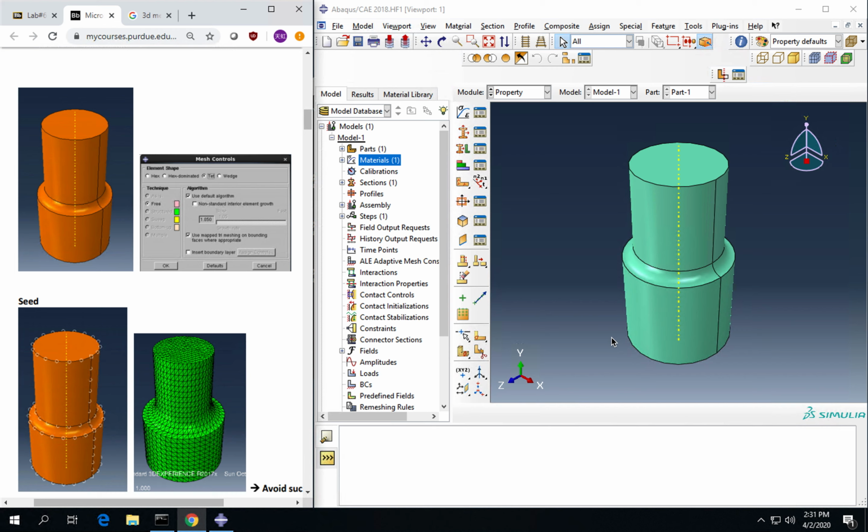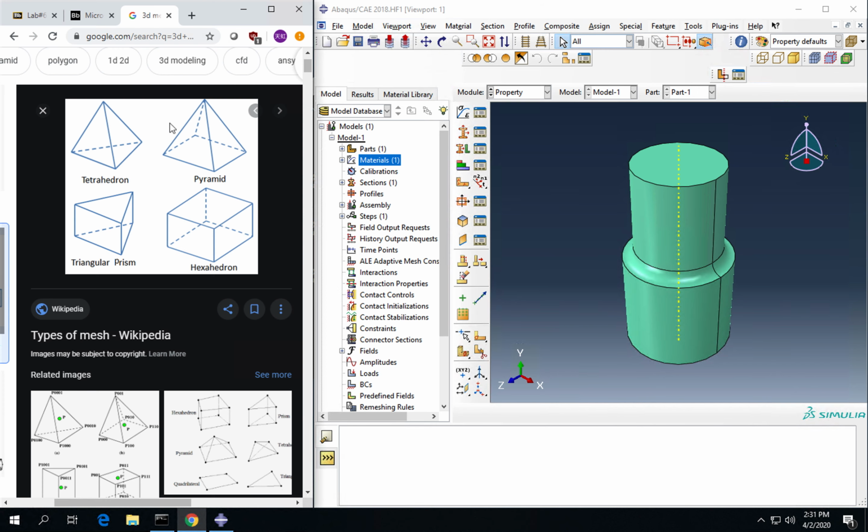So in the first part of the video, we went through how to create a geometry and make sure we assign the material properties properly. Now we are actually going to look at the mesh. In general, if you look it up on Google, there are a few different types of mesh for 3D geometry. If you want to, click on your parts,